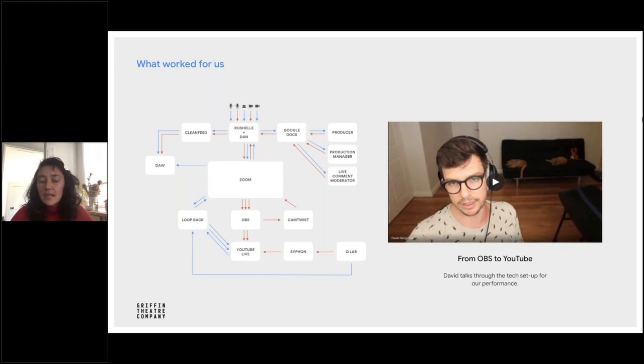But the main thing to take from this is that he talks about his tech setup, and as I said, they use OBS to YouTube as their primary platforms as a way to reach their audiences, as well as Zoom as the backstage space where they're interacting. And interestingly, a really great little hack that these guys did was they used Google Docs as almost like a live texting stream, or almost like a live chat.